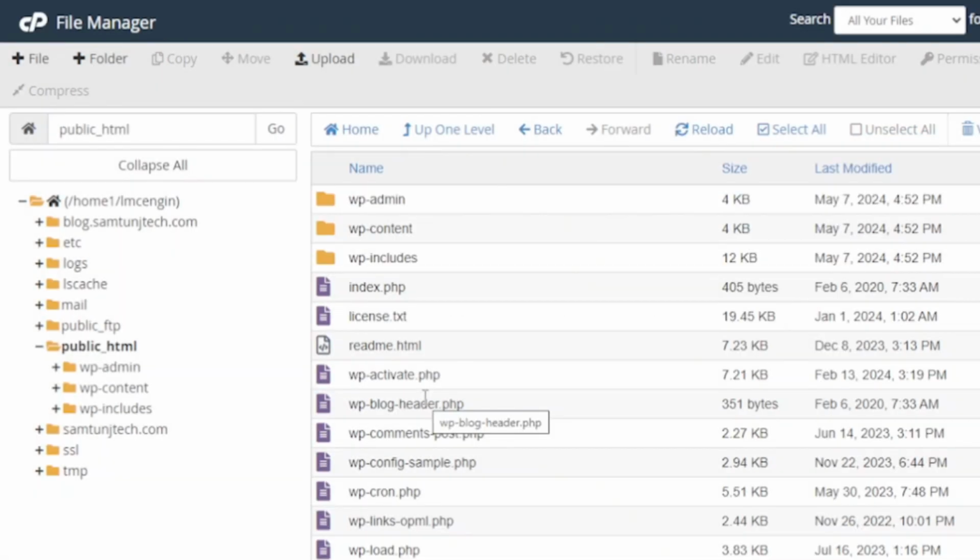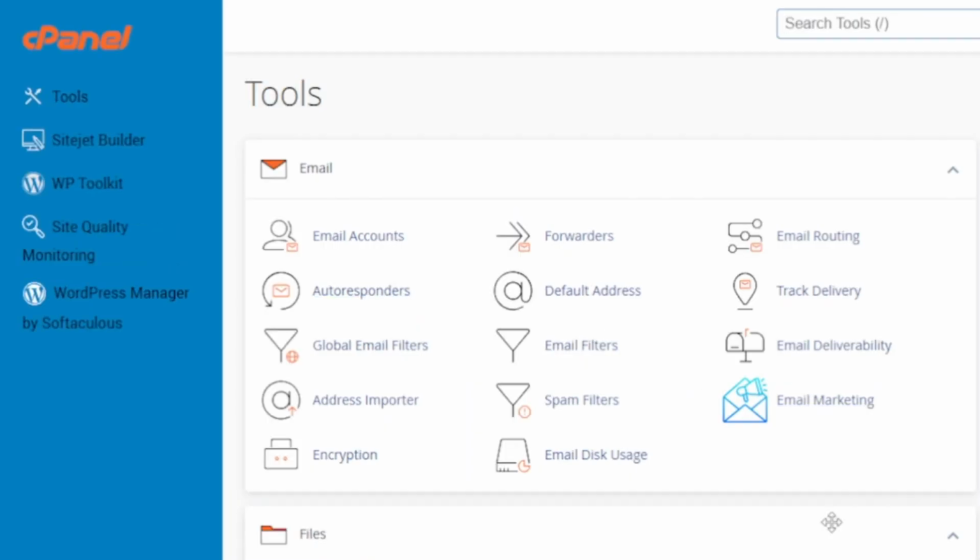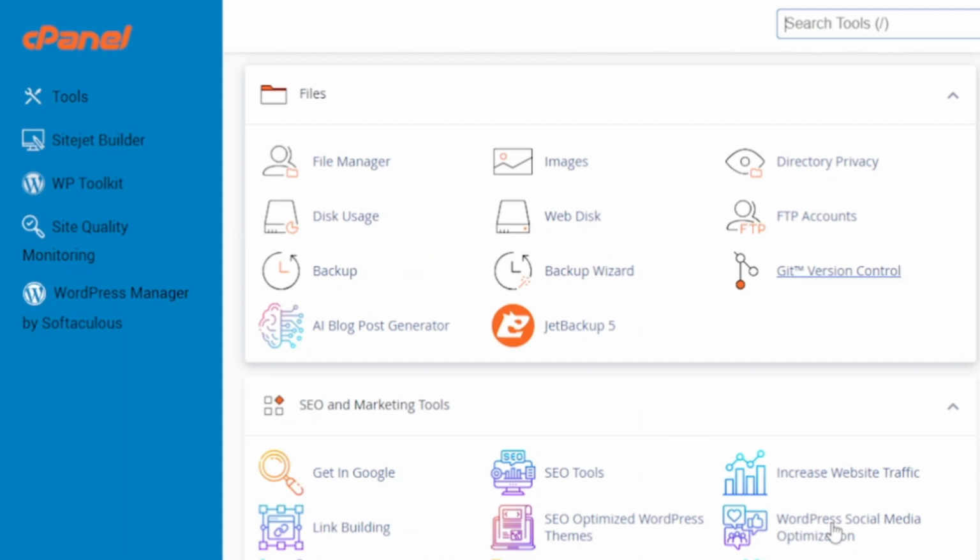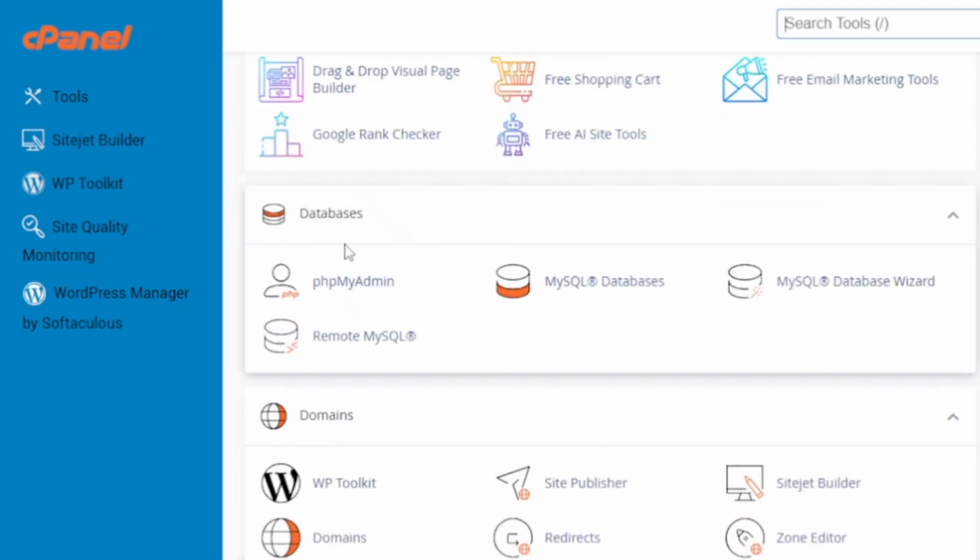Now that you are done uploading all the WordPress files on your primary domain, the next thing you need to do now is create a database. So let's go on to step 2. So we'll go back to cPanel, and then we'll scroll down to databases and then MySQL database. So we'll click on this